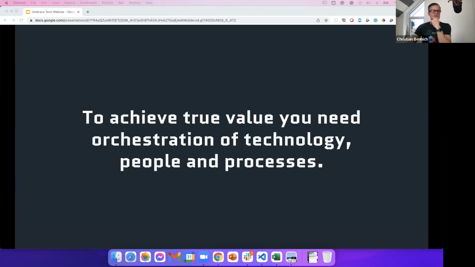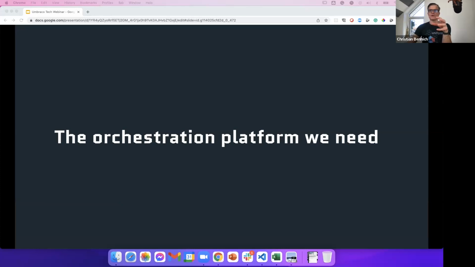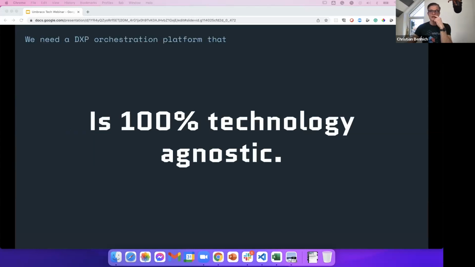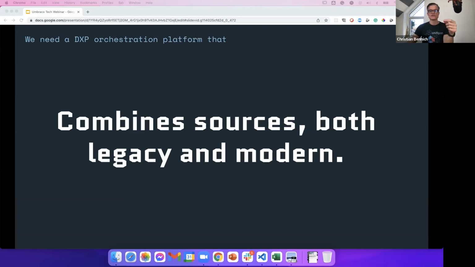So what we want to get to is to try to achieve what we see as true value. To get to that, we want to be able to orchestrate these different aspects of the aforementioned equation: technology, people, and processes. So that platform needs to be technology agnostic. We need to be able to combine sources of data, content, commerce, analytics, search, both what we see as modern stacks and also legacy stacks, and combine them into one coherent tech stack